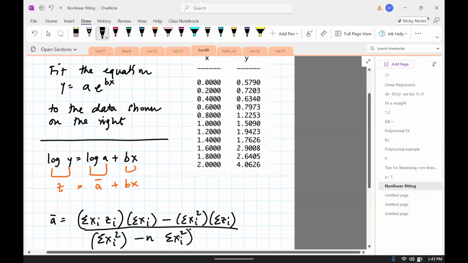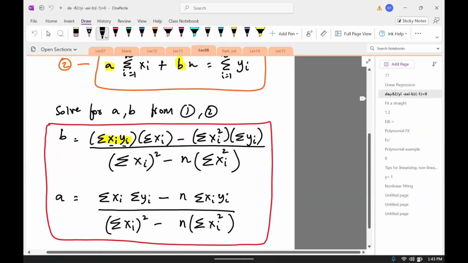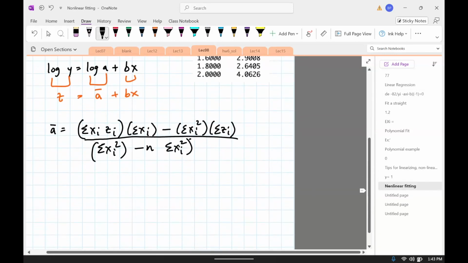This is taken from linear regression. It's this formula, just that I replaced y with z. And then there's a formula for b. It is summation xi summation zi minus n summation xi zi divided by